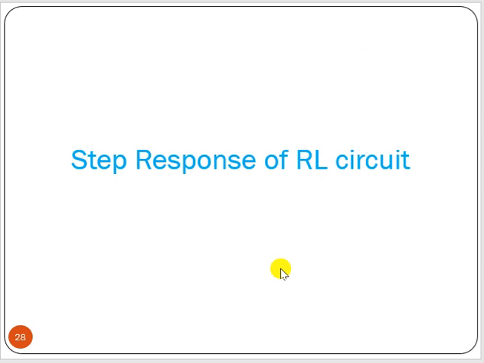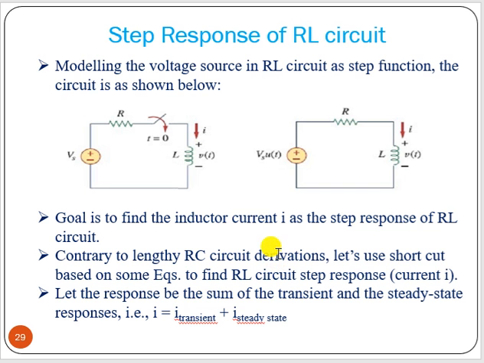Now say step response of RL circuit. That means for an RL circuit, if we connect a voltage source, what will happen? This is similar to this circuit. For t less than 0, before the switch is closed, no current will flow. When the switch is closed at t equal to 0, current starts flowing, that is Vs by R. Similar thing we can write in terms of step function. For t less than 0, the current is 0 because the voltage source is 0. At t greater than or equal to 0, the current will be nothing but Vs by R.